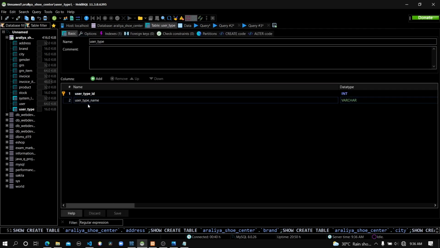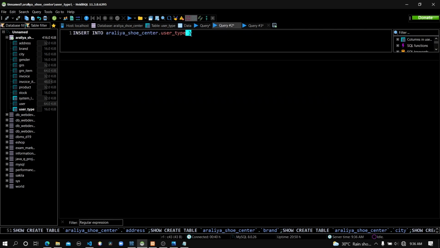We can specify an attribute and store the details into only that attribute. If you didn't mention this part, you have to enter the details to all the attributes, all two attributes in our user type table. Okay, now we can mention the values here,